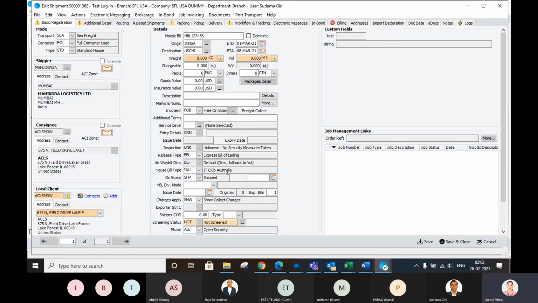Now, guys, if you can see at the right side, there is the custom fields option. Suppose anything is not present in your view, which should be present in CargoWise, but it's not there in the default system. As I have explained, we can create custom fields. Okay, now the next tab is additional detail.